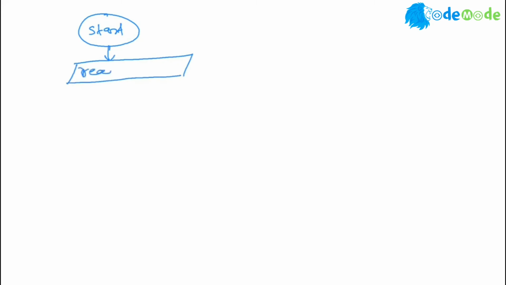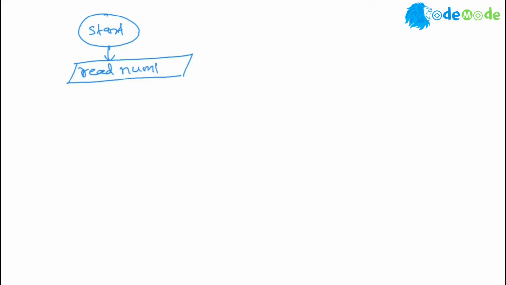Okay. We'll take 2 examples, and we have already seen the algorithm. Say I want to calculate the average of 3 numbers. We start with start, then an arrow, and then input. I'll say read num1.